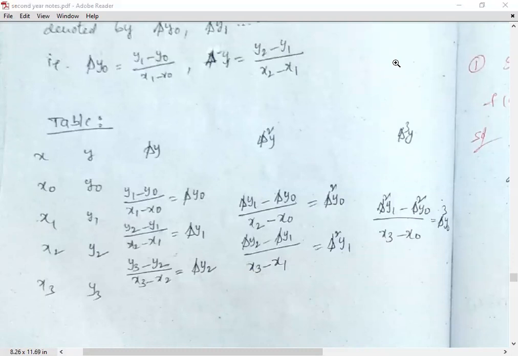Let us see it in the difference table. X values are from x naught to x3, y values are from y naught to y3. Starting set of x comma y values are taken as x naught, y naught. After forming the divided difference table, from y naught we draw a slanting line downwards. Then the first divided difference is in the first divided difference column, and the second divided difference is in the second divided difference column, etc. You can observe that all the required differences from y naught are on the same slanting line.